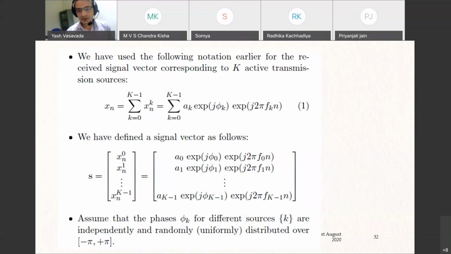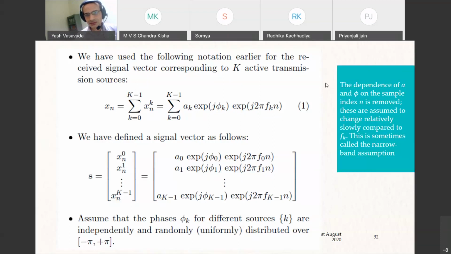Okay, so the one change that I made compared to our previous formulation, that I think you all have the slides now, we can go back and see. In the previous formulation, you will see that this A of k and phase P of k additionally had the index n as well. Previously, both the amplitude and the phases were dependent on the index n. Here, for the sake of simplicity, I have removed that dependence. The earlier formulation was more general,